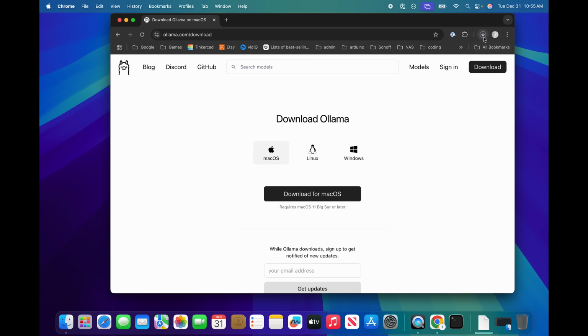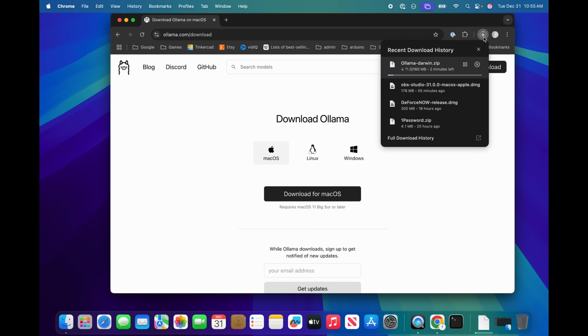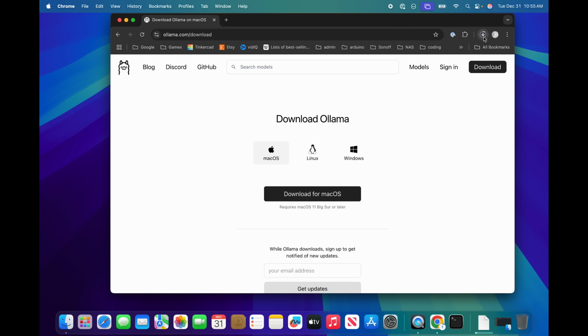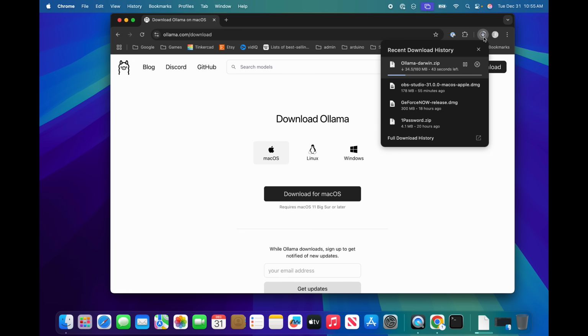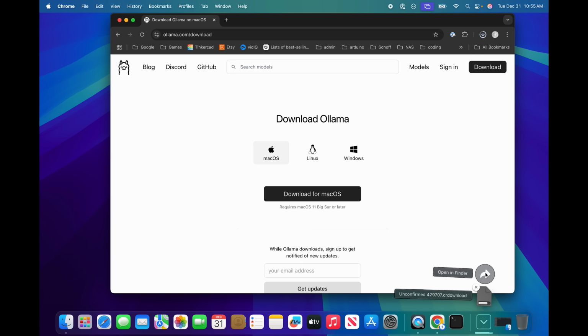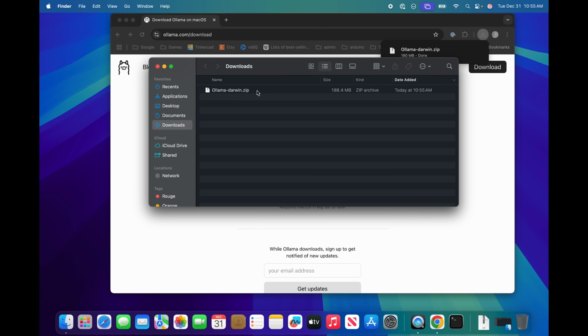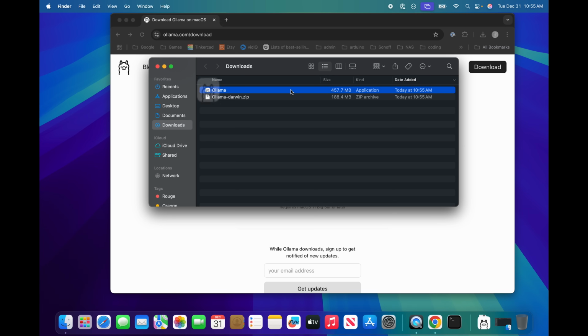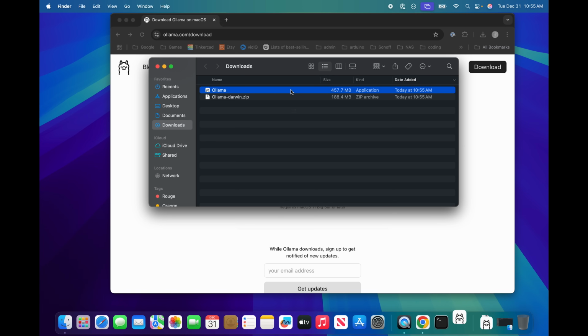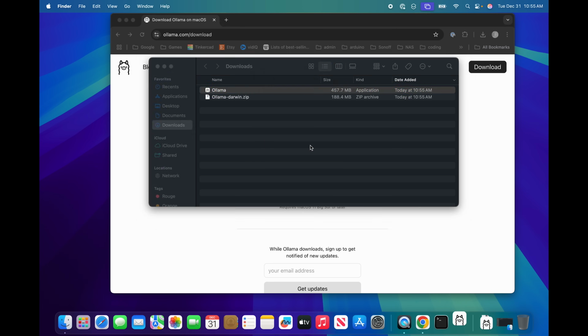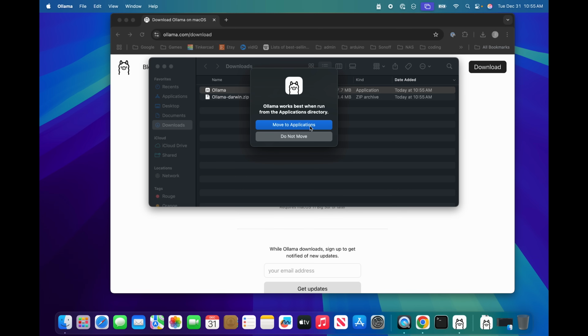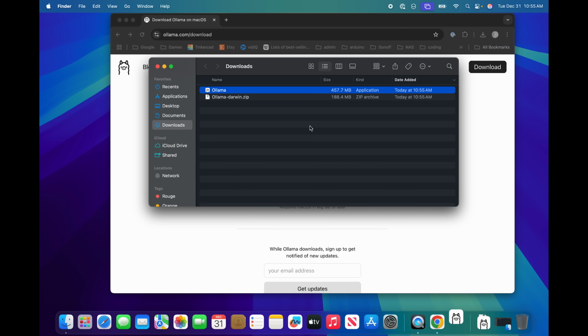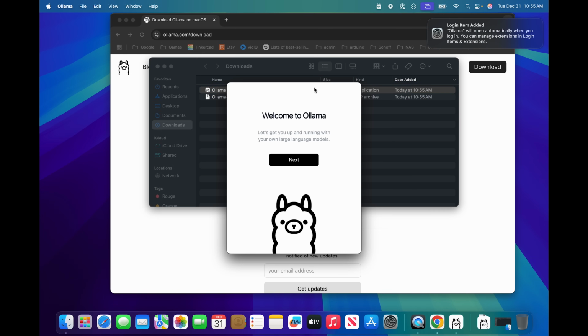and now it's downloading, so we'll wait. Yeah, we have to wait. Just a few seconds. It's not actually 19 seconds. Let's go to the downloads. And then we unzip Ollama and we double click the application. It's safe. We can open it, move to applications, and the installer will open.